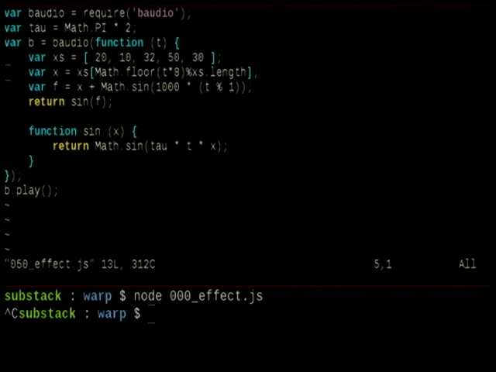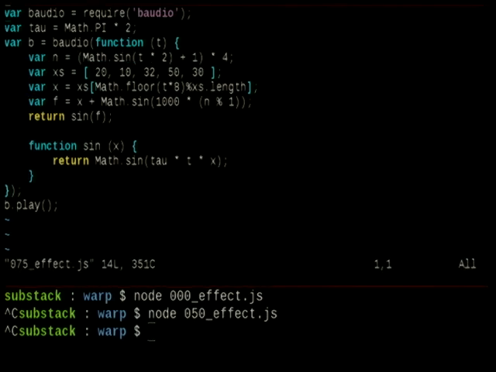Okay, so that's cool. Then we can make a little melody, using an array and indexing it based on the time parameter t, and then you just take the floor of that. And if you want it faster, you just multiply by a constant. So we can do the same thing with this effect. We can extend that a little bit with some more maths. I don't even remember what this does, but let's just play it. Oh yeah, so instead of directly depending on time, it takes the sine wave of time in part of it, so it's kind of oscillating.